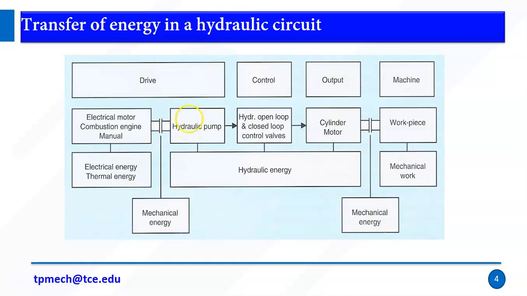It consists of a hydraulic pump and then valves as well as actuators, cylinders or motors. The pump is coupled with the electric motor. So whenever you switch on the motor, the pump will work. This pump is used to convert electrical energy to hydraulic energy, right? And the hydraulic energy is transferred to the cylinder or motor, whatever the actuator. It is done by the control valves. So we can control direction, flow or pressure.